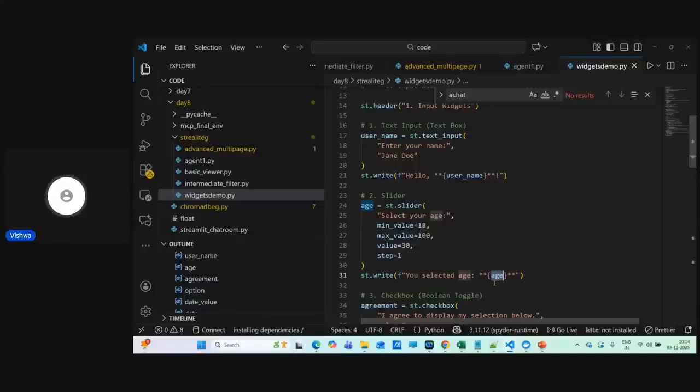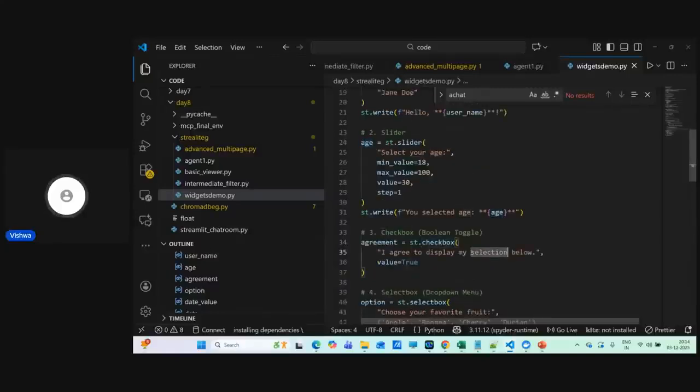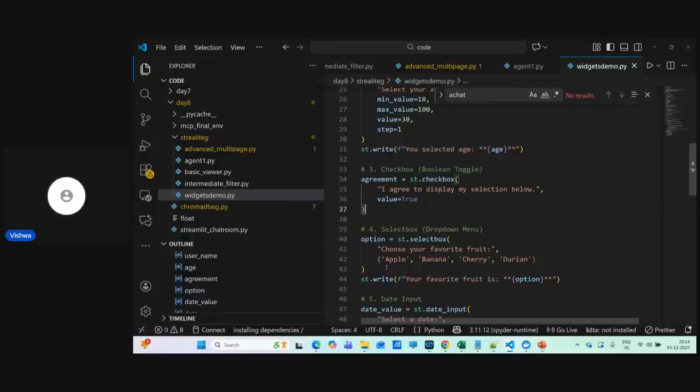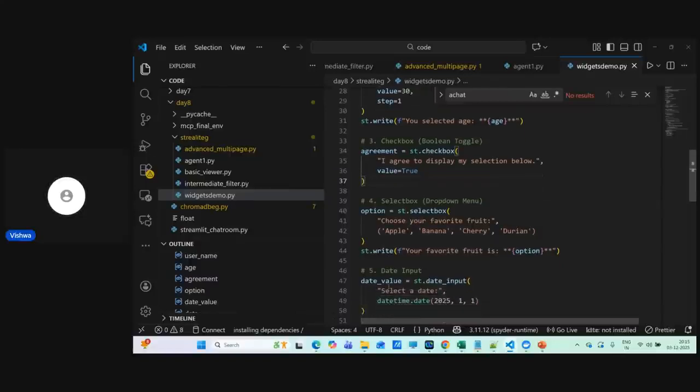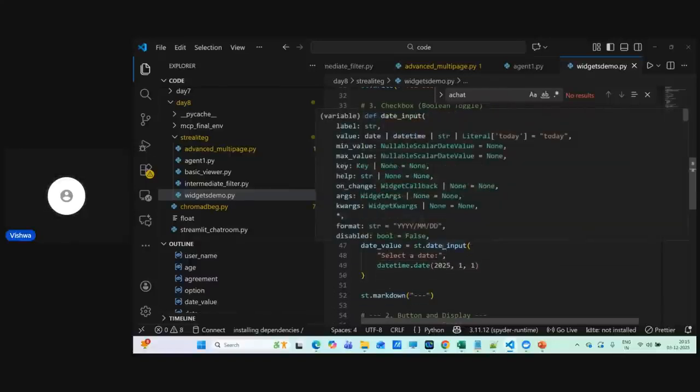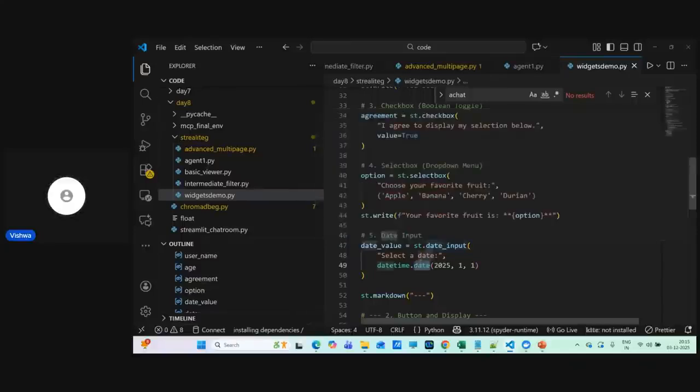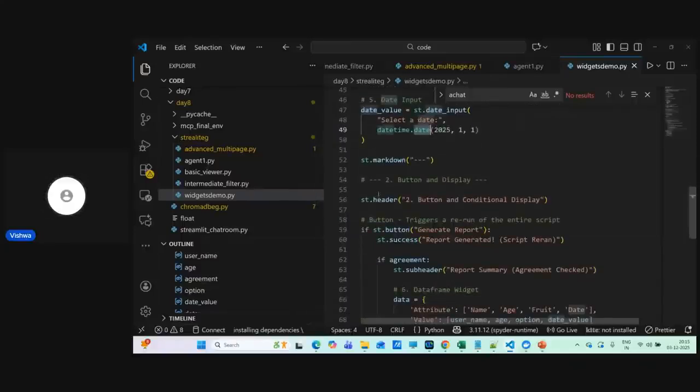Same way, checkbox, correct? I agree to display my selection, value equals true. Same way, dropdown, st.selectbox, choose your favorite fruit: apple, banana, cherry, and durian. Whatever the user selects in the dropdown, you can show with st.write. Same way, if you want date input, you can use it. Select a date, st.date_input. And similarly, we also have buttons, correct? So if st.button, generate report,